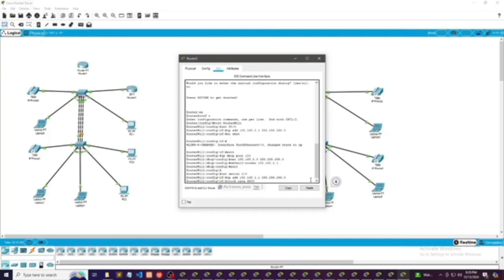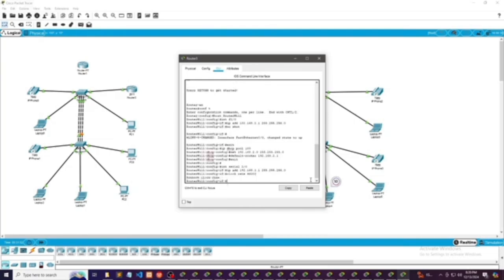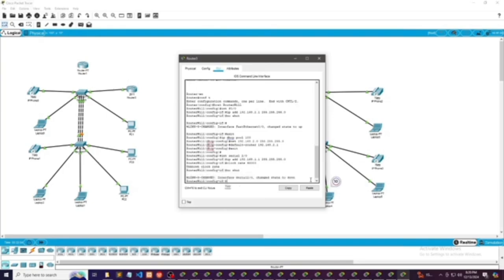Then we're going to type no shut. Yep, no shut. Then enter. Then we type the clock rate. Here we put 64,000. As I've said, we put 64,000 or 46,000 here, it's okay if it's mistaken, as long as it works, it won't affect the function of the system.